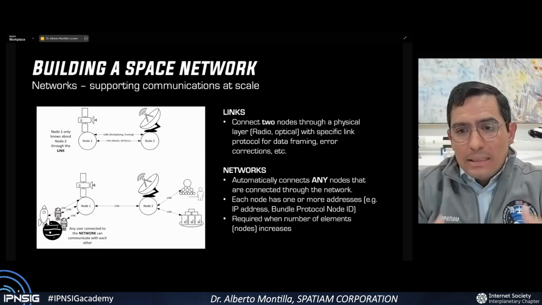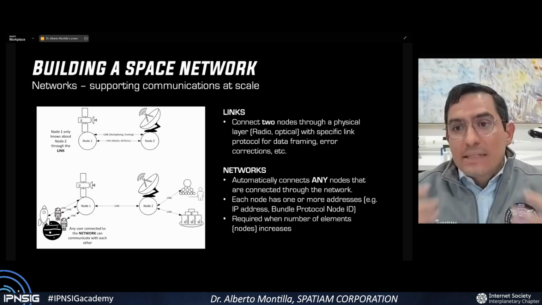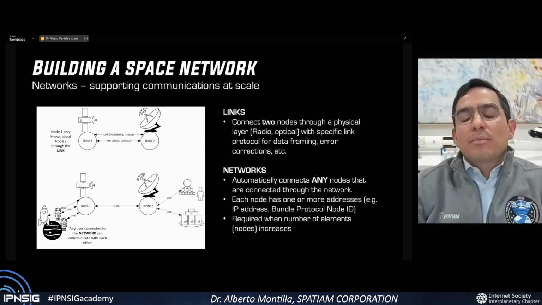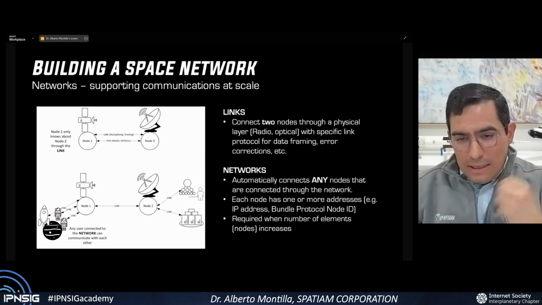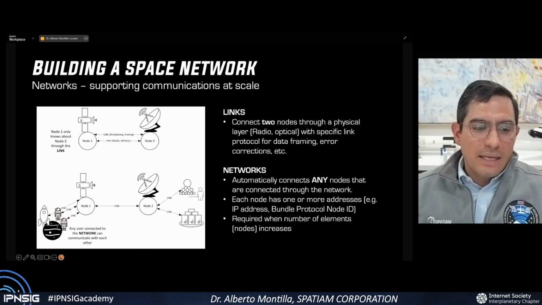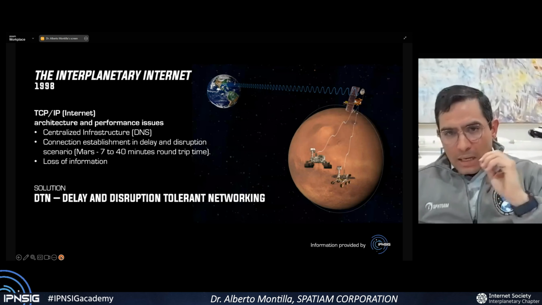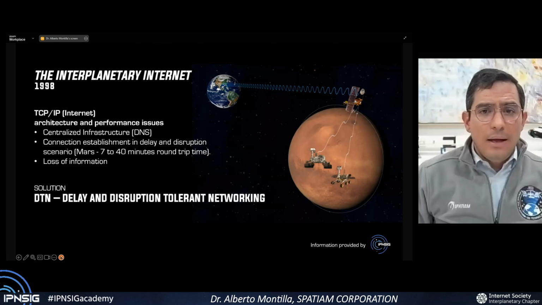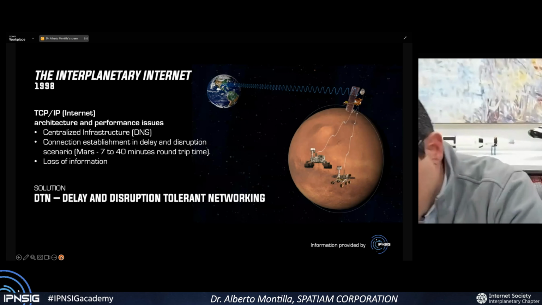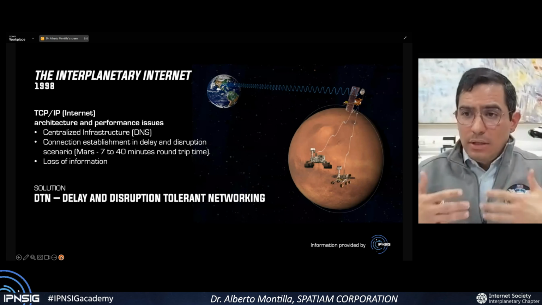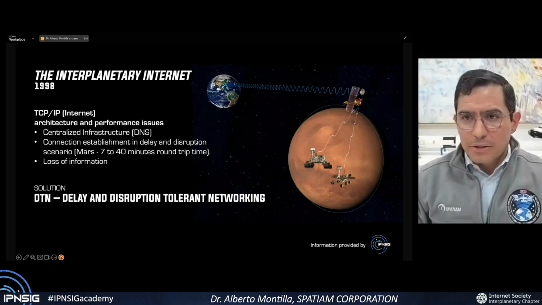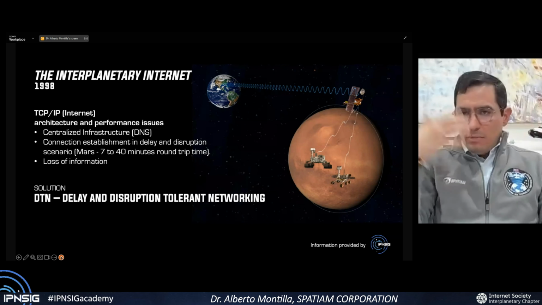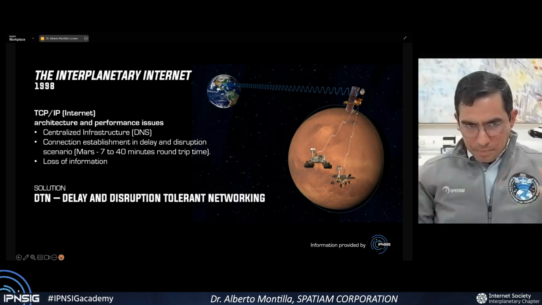So what I'm pointing at is that networking is needed for space in general. And the topic we cover today is interplanetary communications. And why? I'm going to get there in a second. This goes back to 1998, where TCP/IP was already well established. There were service providers providing internet services of multiple types, the first email applications, and